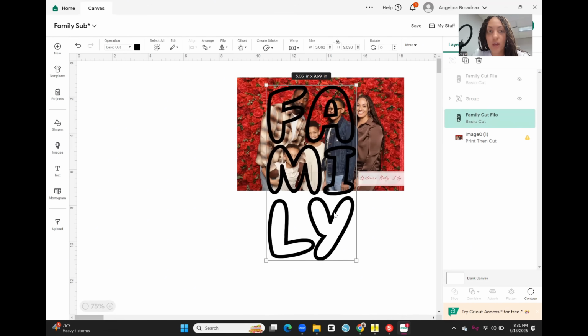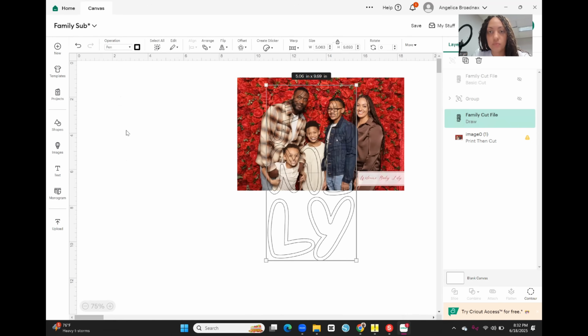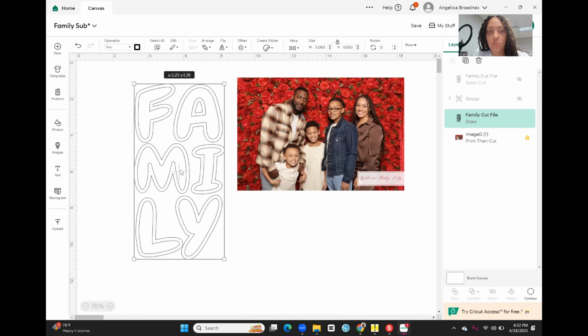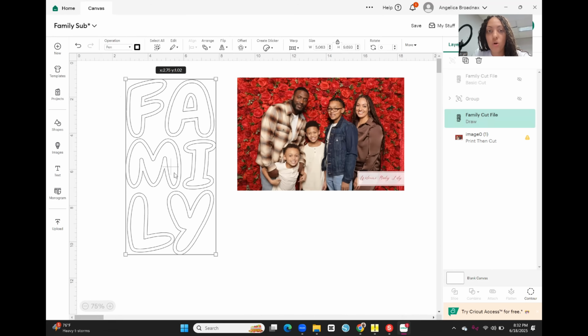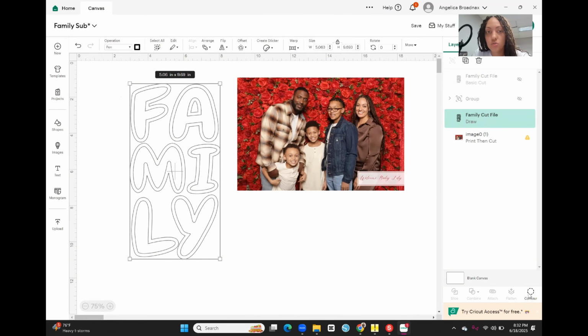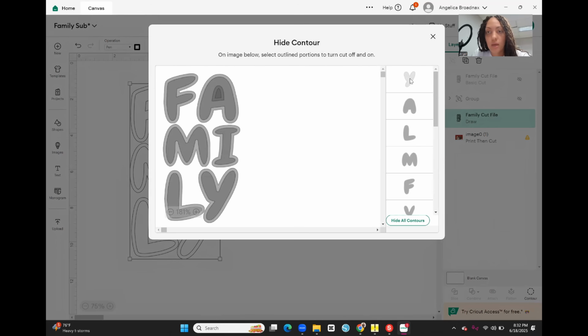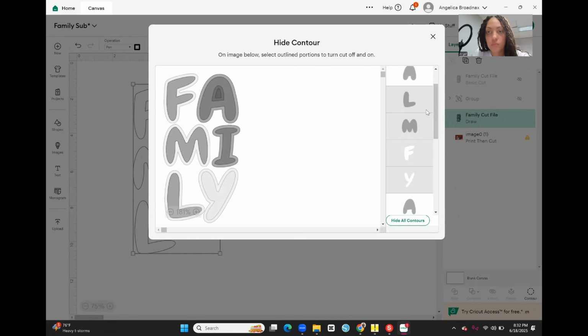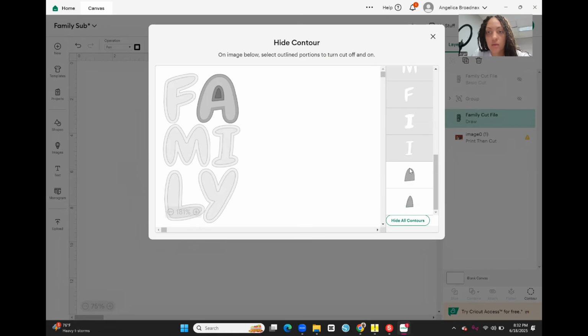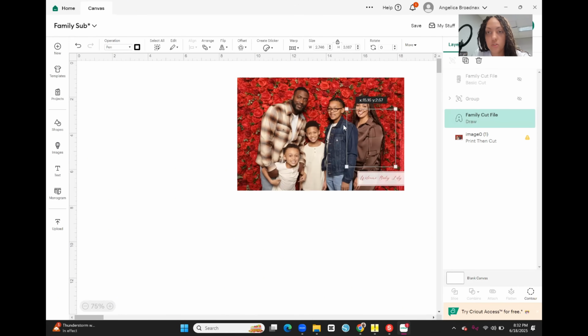I'm going to take my cut file because right now the basic operation is a cut. It's a basic cut. So I'm going to go up here to operation where it says basic cut. I'm going to click the drop down menu and I'm going to go down to pen. This is going to make it a little bit easier for us to see through. And I only want to work with the A for right now. So I'm going to go to contours and I'm going to hide everything but the A. I'm going to hide this part of the A and that part. Okay, so now we have our A,